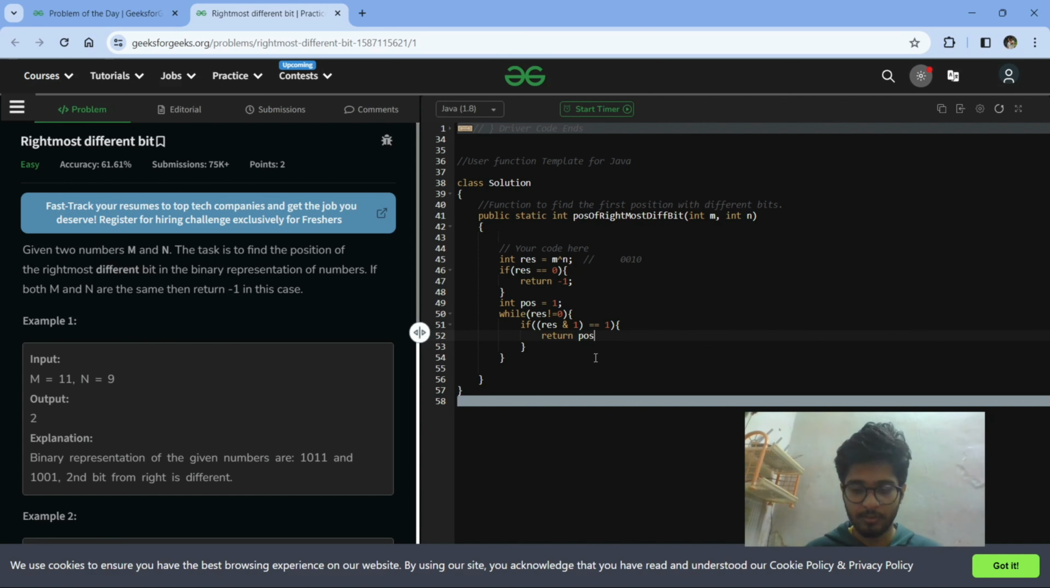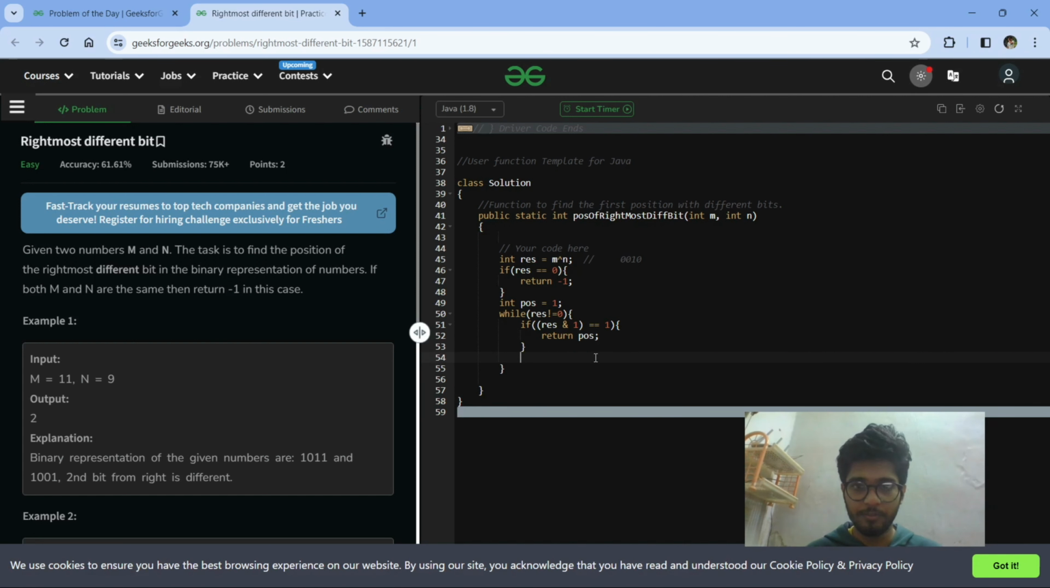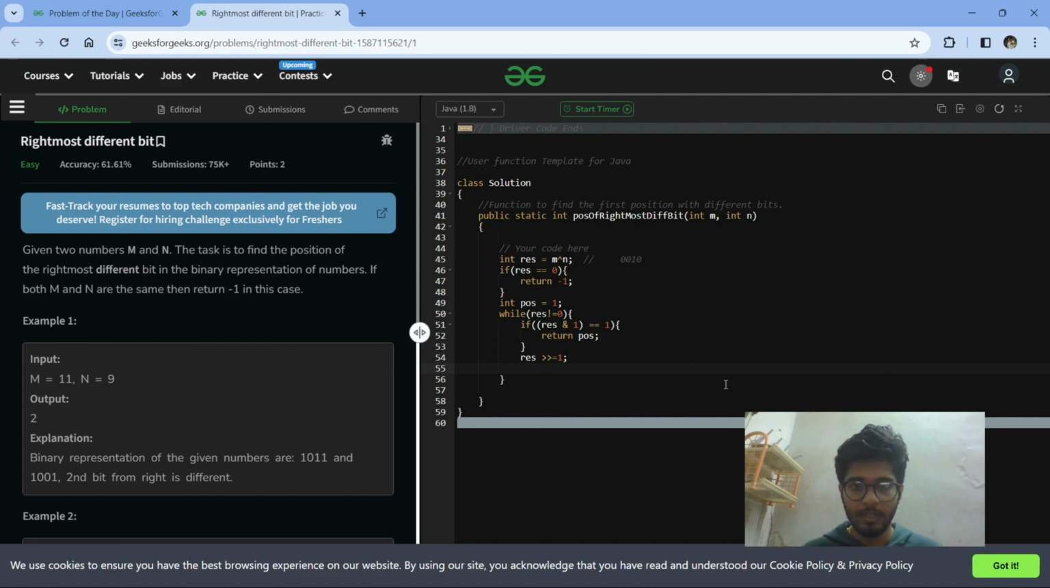return the pos. And if it is not, then we will right shift a bit. How we will do that? Res right shift operator with the value of 1. And also we will have to increase the position. So pos will increase by 1. So this is all about the